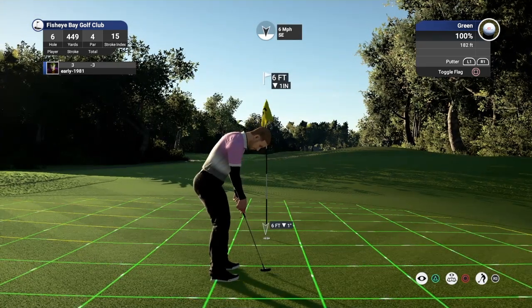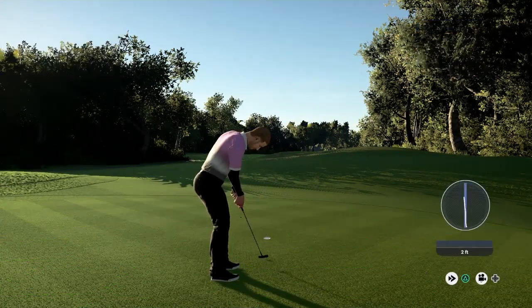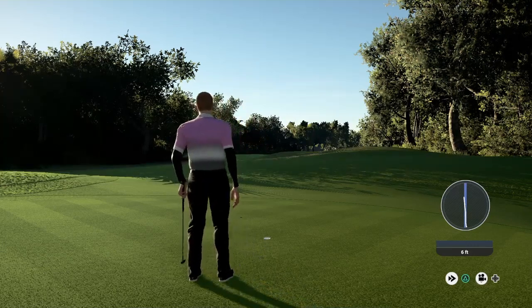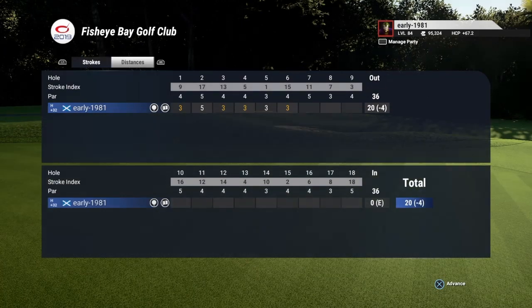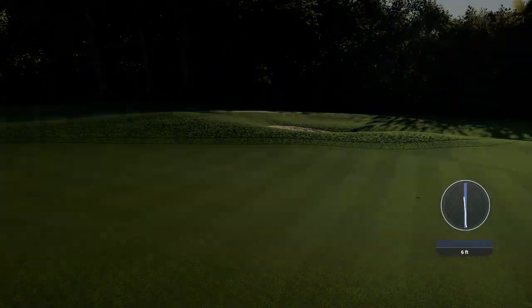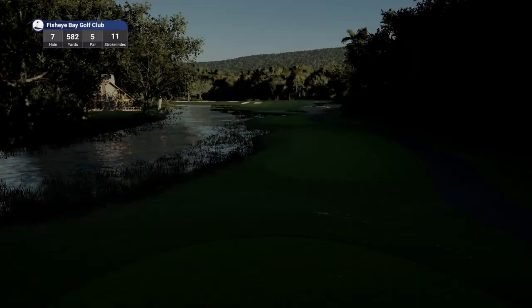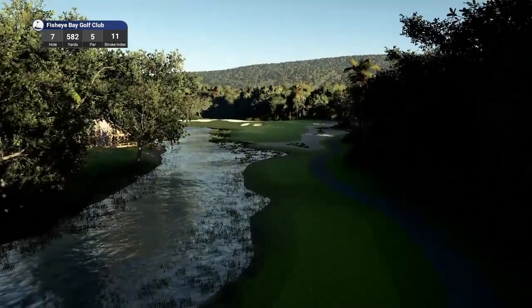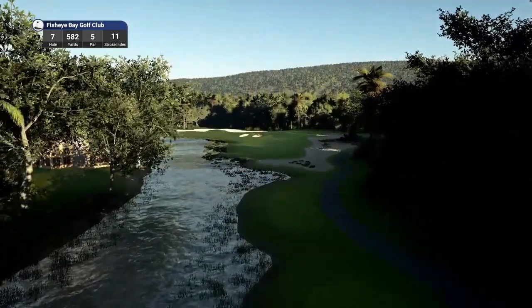6-foot putt. Nothing much in this one. And it does drop in for the birdie there. So probably our first easy putt on the greens there, to be honest. There wasn't much movement in that putt. We got rewarded there for a great approach shot as we do move on to hole number 17, which is